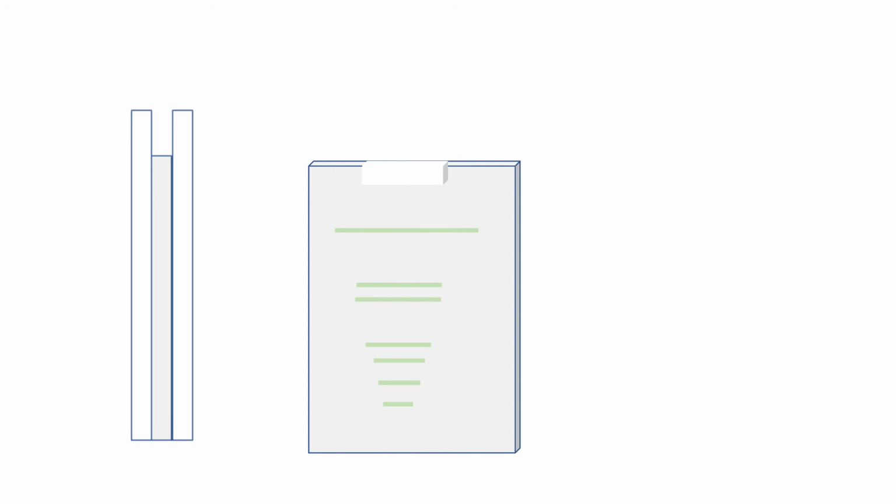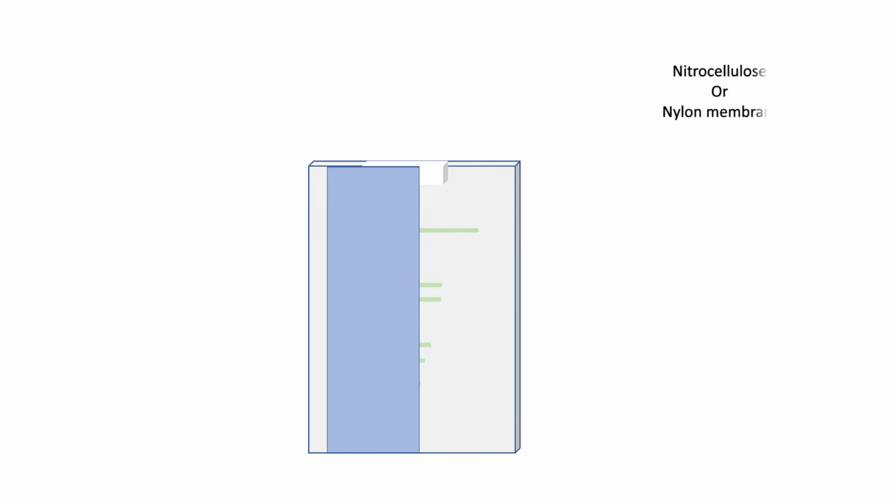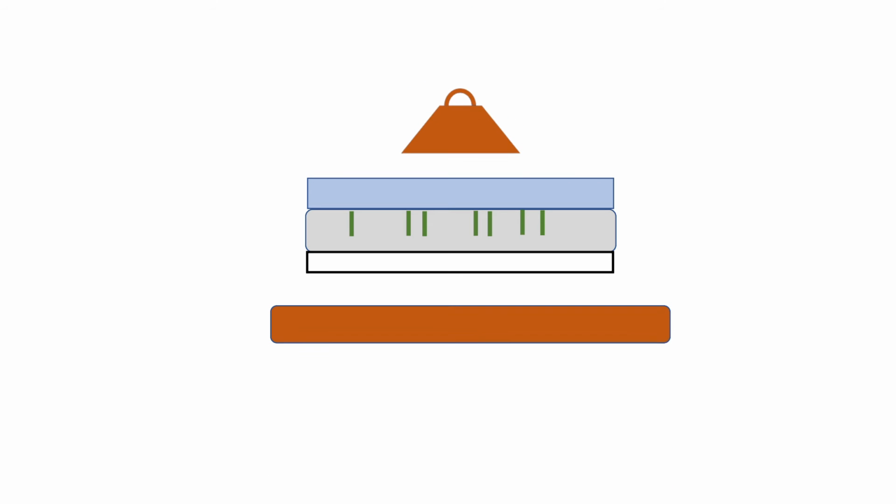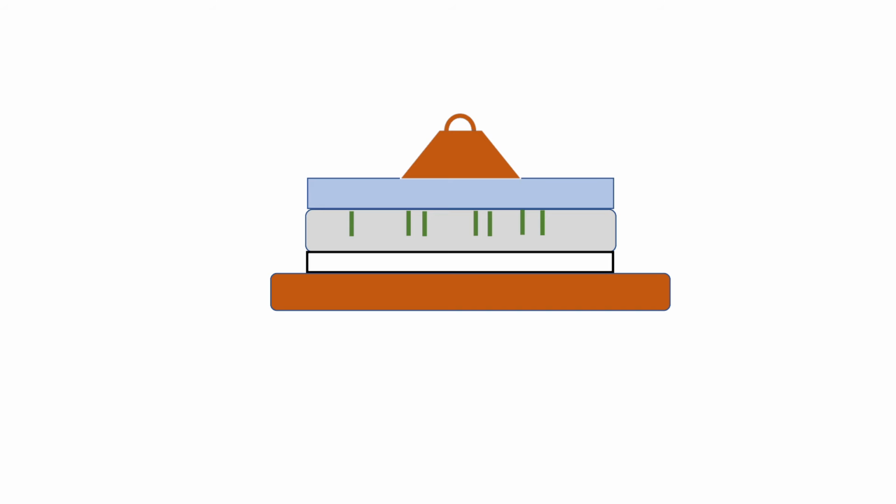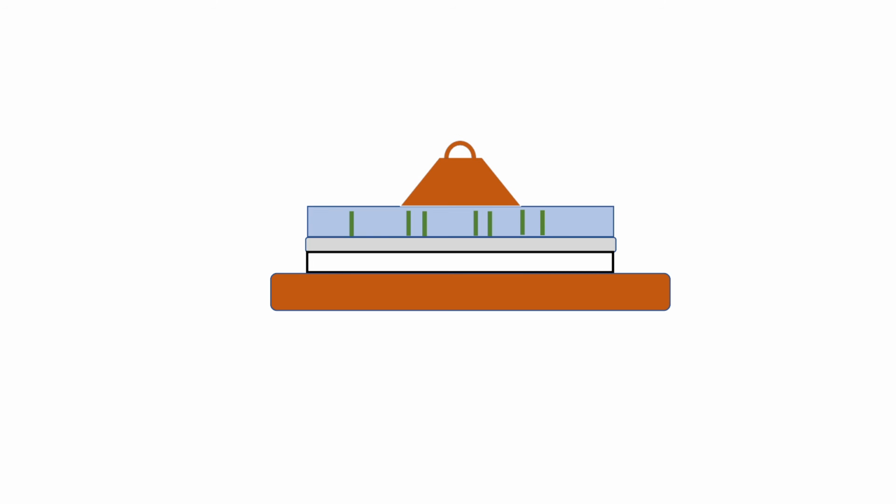Now this gel is removed and we spread a nitrocellulose or nylon membrane over this gel. Let us see it in a horizontal direction. This is a gel with the separated DNA fragments. Over this gel we put a nitrocellulose or nylon membrane and then we press it. As we press the membrane over the gel, the DNA fragments migrate to the membrane, and the same electrophoretic pattern is now blotted onto the nitrocellulose membrane.